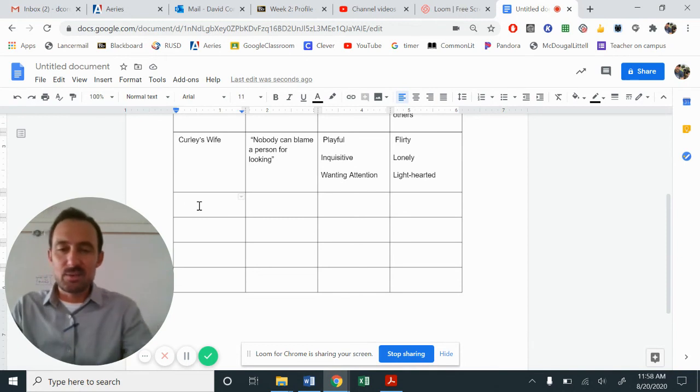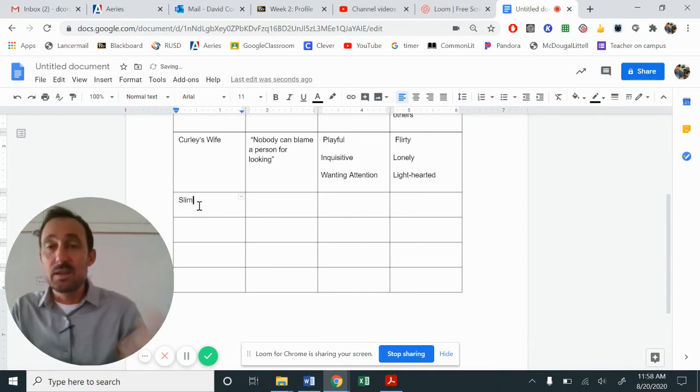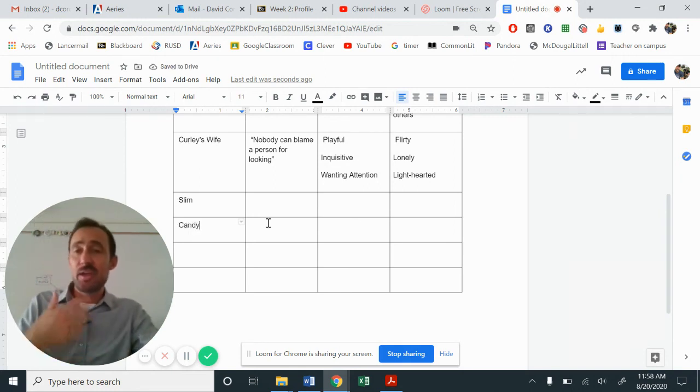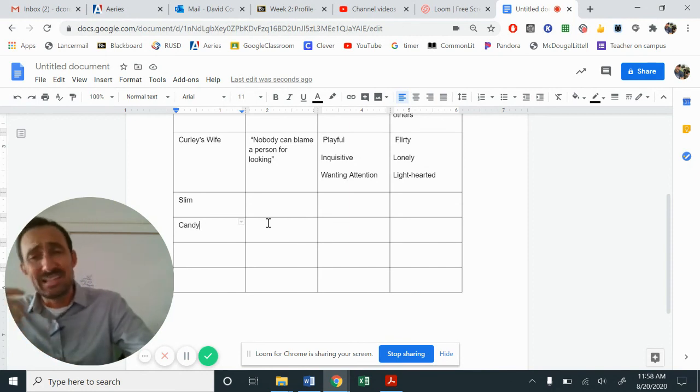The last one that I'd like you guys to work on is you get to pick. It's either Slim or Candy. What does Candy say that kind of helps portray who he is as this really old guy on the farm? His job is a swamper. The swampers would be individuals who do odd maintenance around. They're not strong enough or young enough to go out and work in the field, so they would do things like help prep dinner, or there's a leaky faucet, they could fix that. They would sweep the bunkhouse after everyone left in the morning.